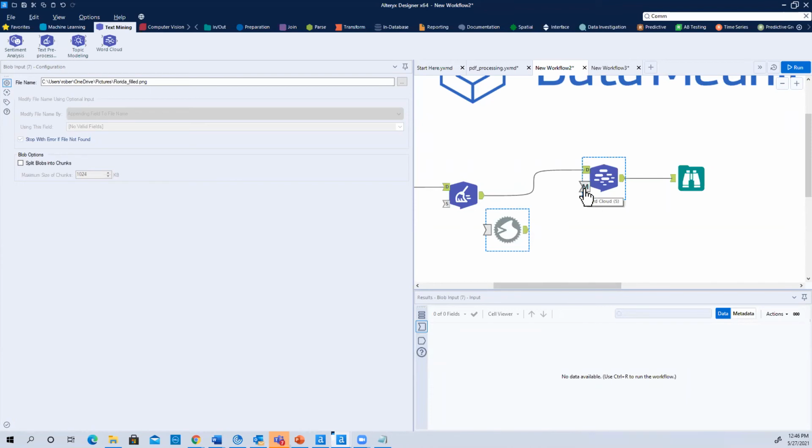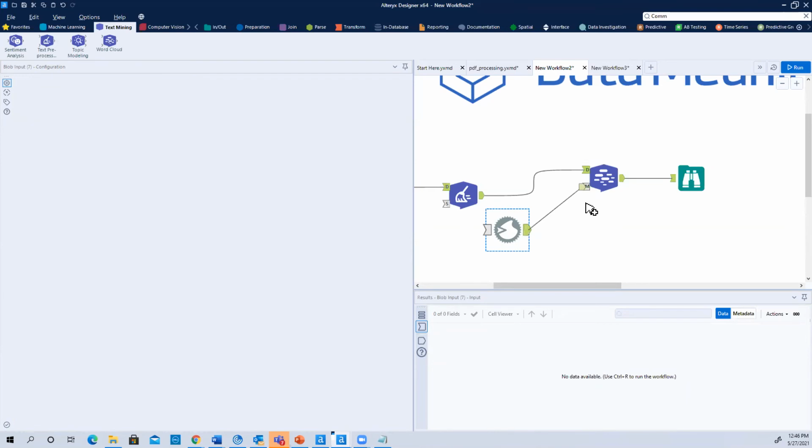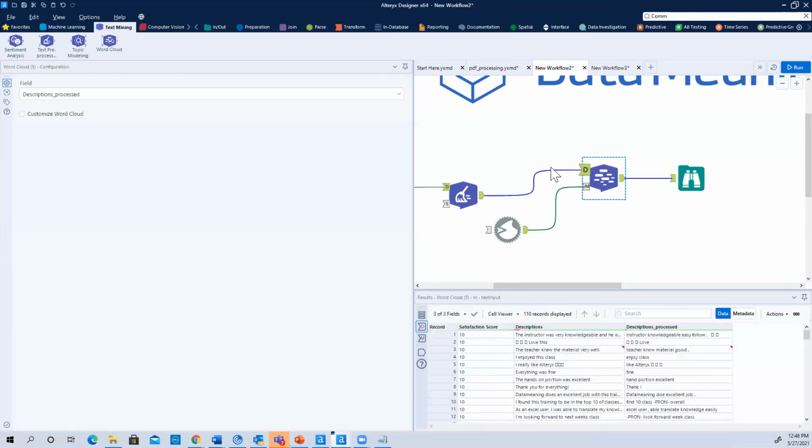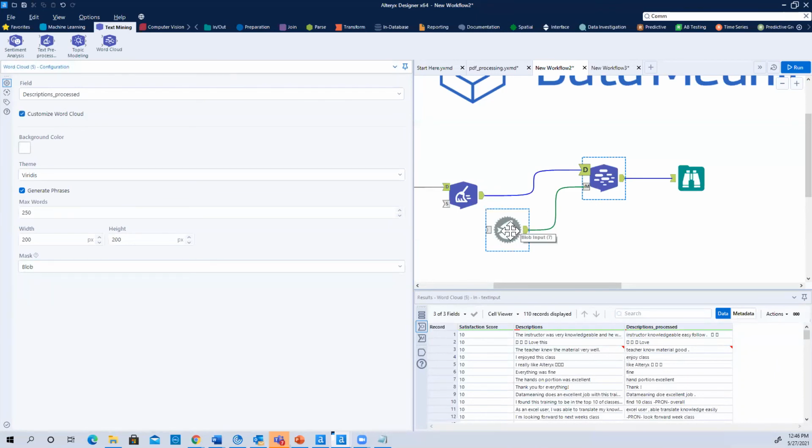Now I'm going to set this into my mask on my word cloud. Now, it does get a little bit particular. I have found that if I use the blob input tool, it usually works properly. You want to make sure that the image you have has a darker background so that Alteryx will be able to recognize that it can place the words in there. So now I'm going to come back to my word cloud, customize my word cloud, and come down here to mask, and I'm going to set that as the blob, which is the input that I have here. So now if I run my workflow,